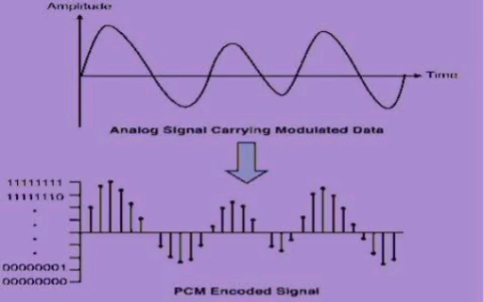Non-coherent FSK: S1 of t equals A cos 2 pi F1 t, S2 of t equals A cos 2 pi F2 t. Bandwidth is greater than 2 RB. PE equals half into exponential of minus A squared Tb